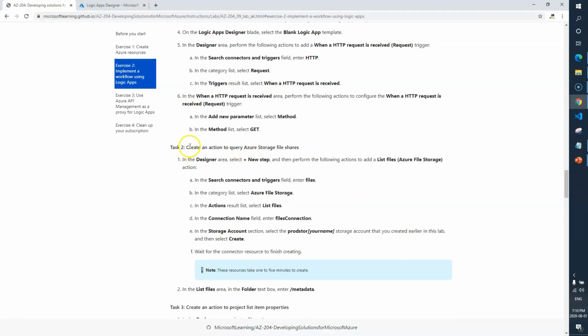Now task 2 says create an action to query Azure storage file shares. In the designer area select new step, and then add a list files Azure file storage action. In the search connectors and triggers field, enter files.